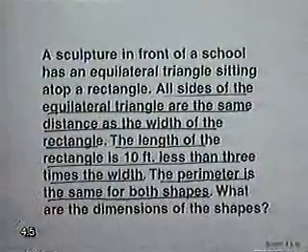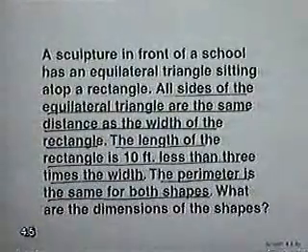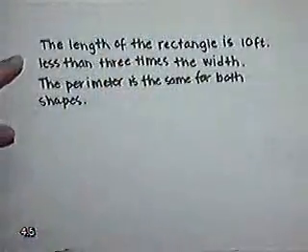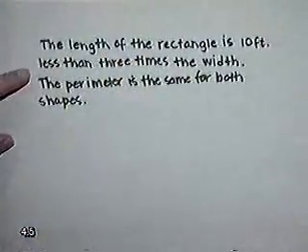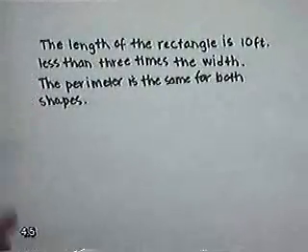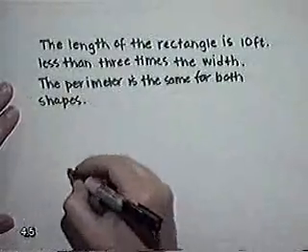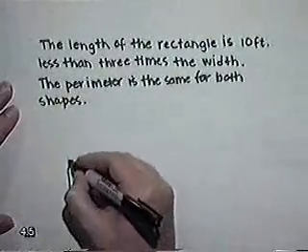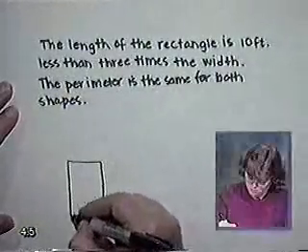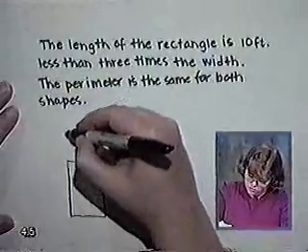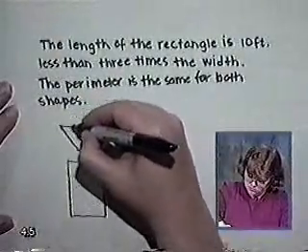And now what I'm going to do is go onto a new sheet of paper, and we'll draw a picture and label it, and then attempt to solve this problem. So here I've written some of the important information. The length of the rectangle is 10 feet less than 3 times the width, and the perimeter is the same for both shapes. So we're told that we have a rectangle with an equilateral triangle,